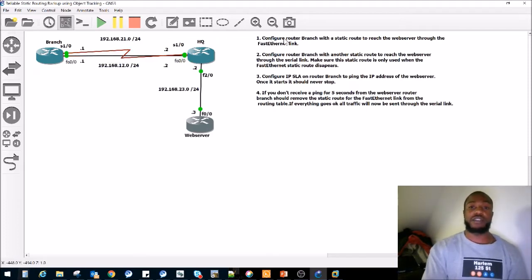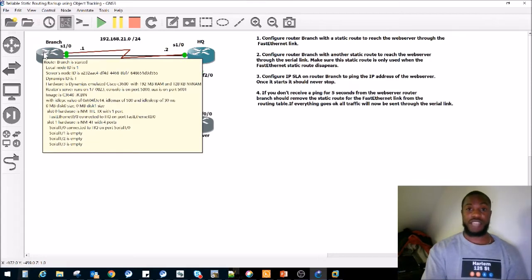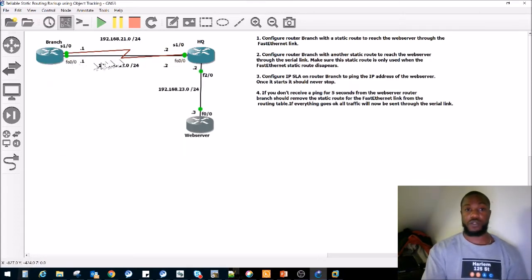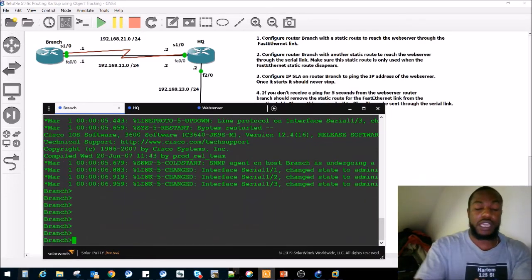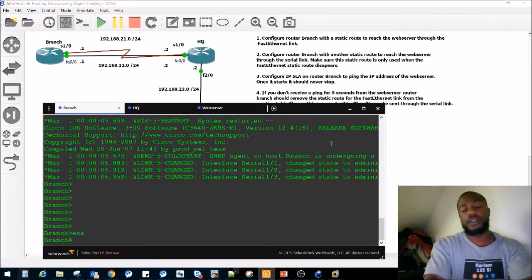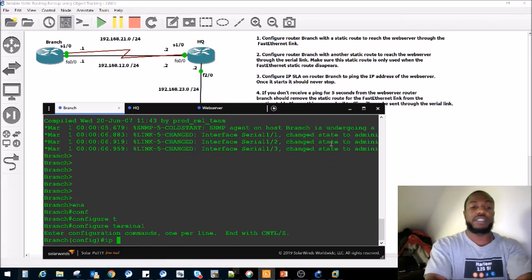Step one says to configure router Branch, which is this one right here, with a static route to reach the web server through the FastEthernet link. Okay, let's go ahead and do that. First thing we want to do is set up a static route. We're going to go to privileged exec mode, then global config mode, and say ip route